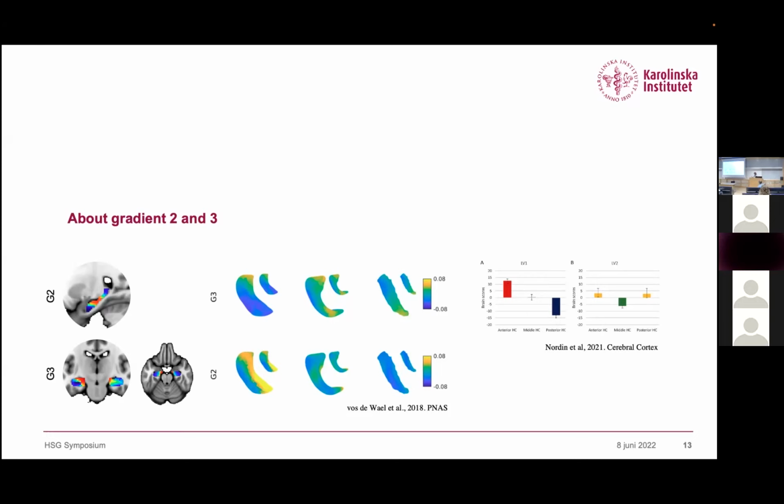So we found components of connectivity that distinguished between the anterior and posterior regions, and a second significant component separated the middle hippocampus from anterior and posterior hippocampal regions. And a similar gradient has been reported as a third-order gradient in younger adults. And then our third gradient is this medial-lateral gradient, we think, which often emerges already at second-order positions.